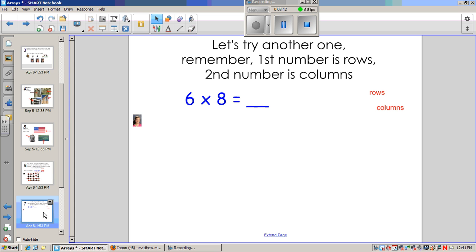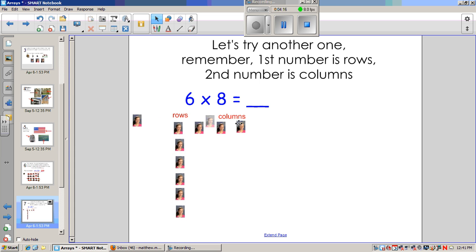Remember, first number is always rows. Second number is always columns. And I have a nice picture of Jordan here that I'm going to use. And since 6 is first, that means I'm going to do 6 rows. So 1, 2, 3, 4, 5, and 6. And then because 8 is second, that's how many columns I'm going to do. So I already have 1. Here's 2, 3, 4, 5,